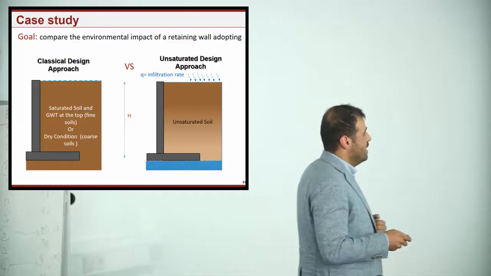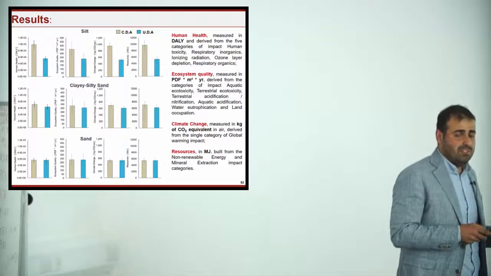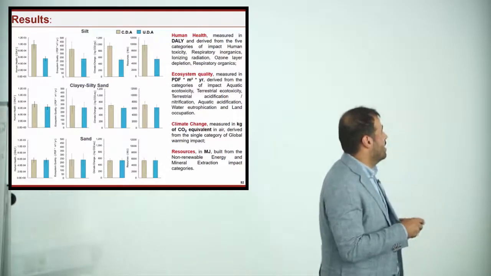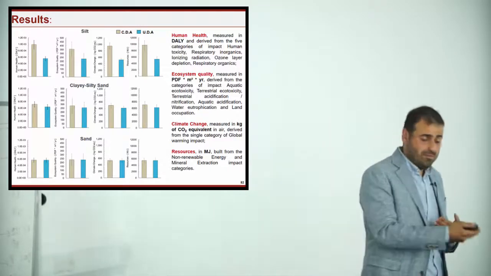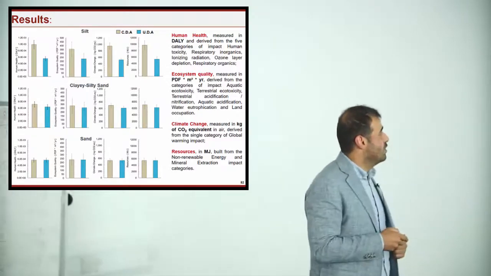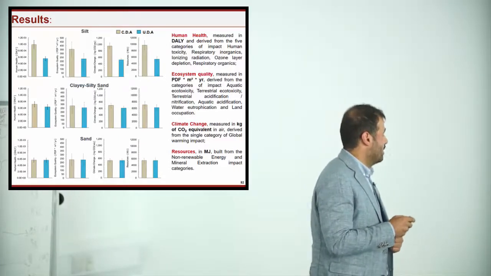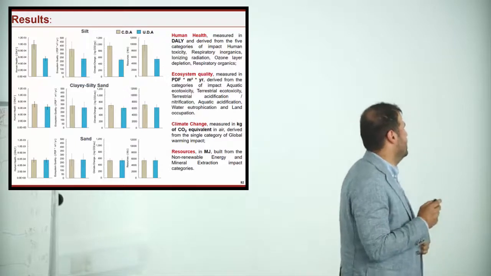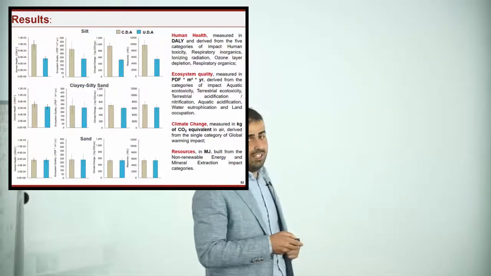The results of the analysis have shown that the impact depends on the type of soil that we are retaining. There is a significant improvement for the silt soils, where matric suction has the highest impact. We have a reduction of 40% in terms of human health, climate change, resource consumption, and ecosystem quality, while for the sand, for example, we don't get any kind of